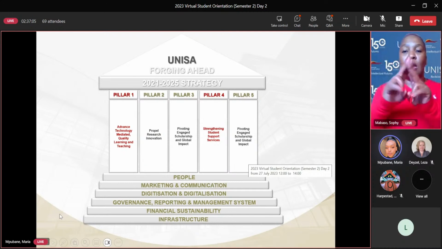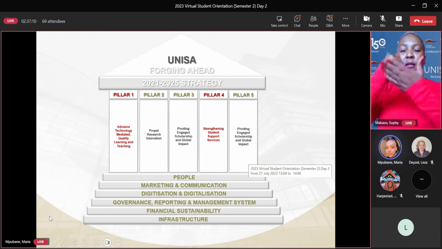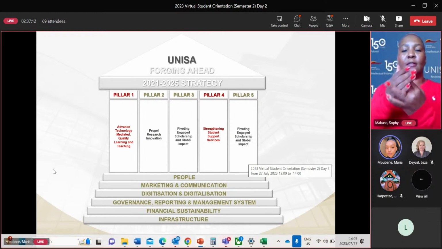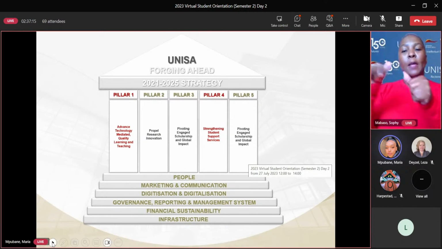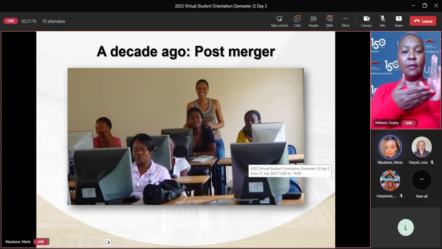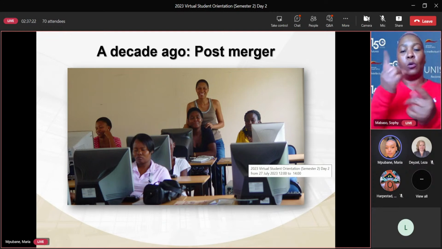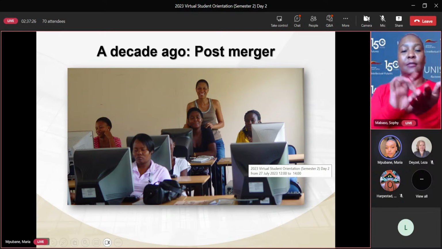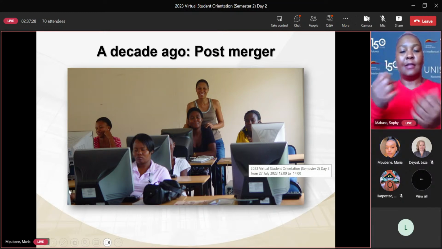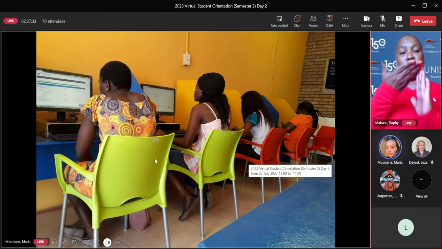The digital access centers of Unisa help students reach internet access so that they can have a better learning experience. In this picture, we display what you can expect when you go to visit the digital access centers. The lady standing is the administrator, and those are students using the computers. In this picture, you have a comfortable chair in the digital access centers,